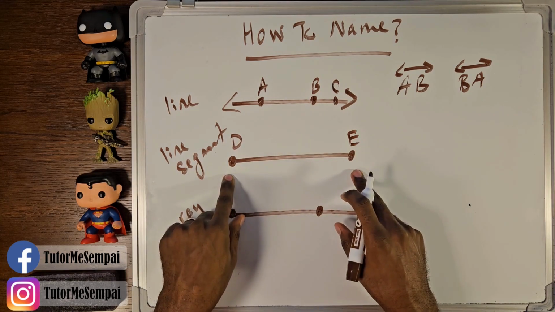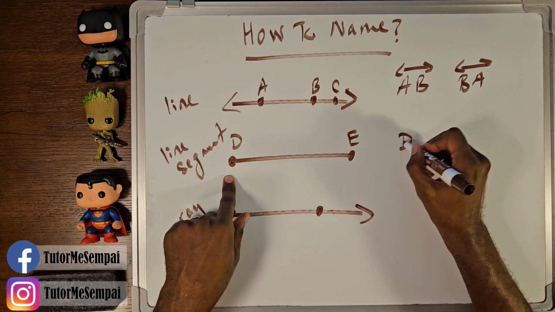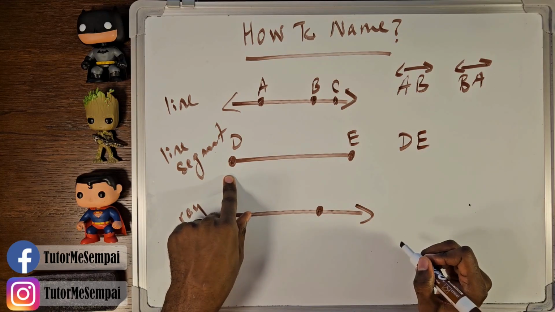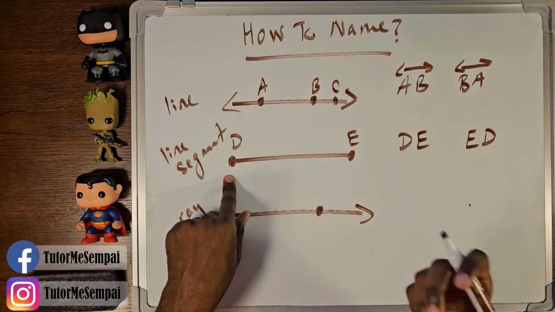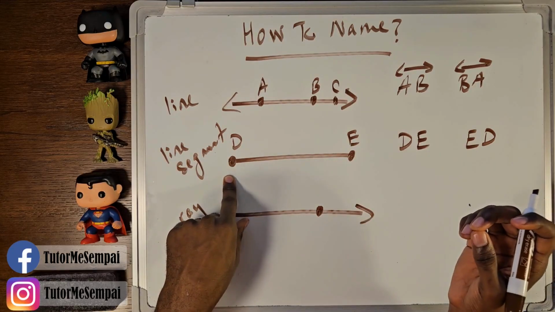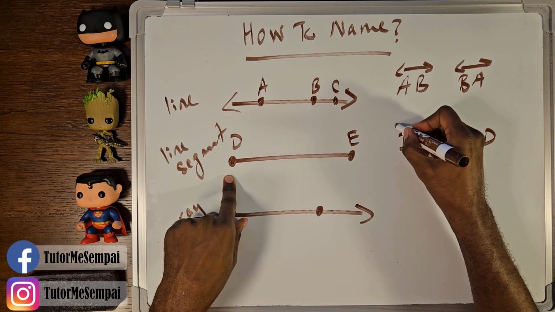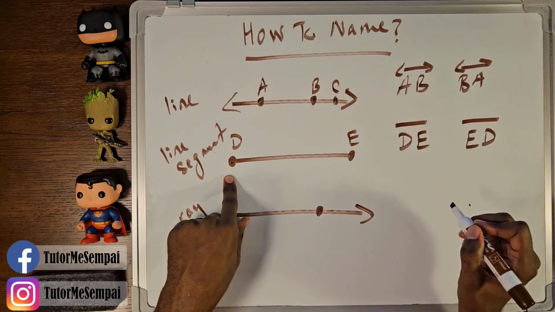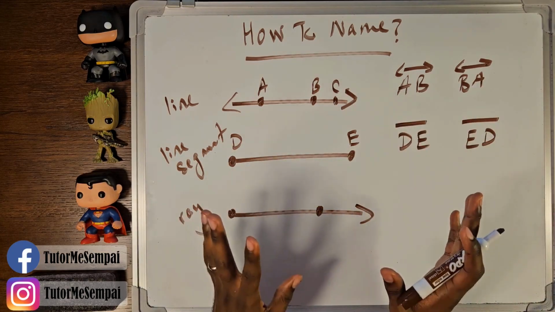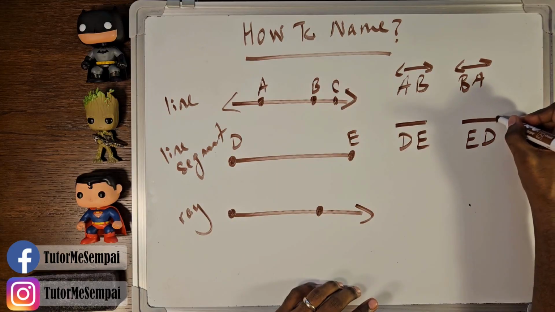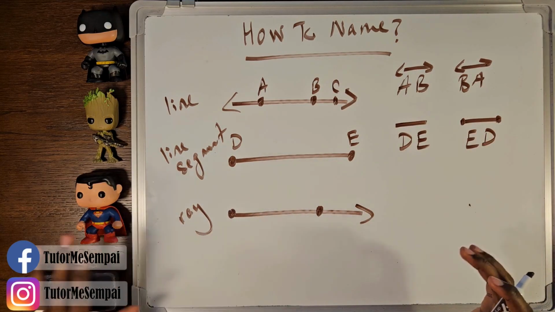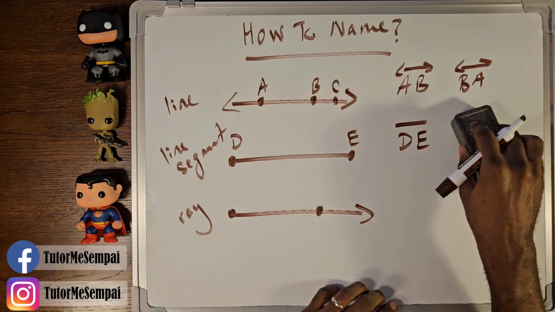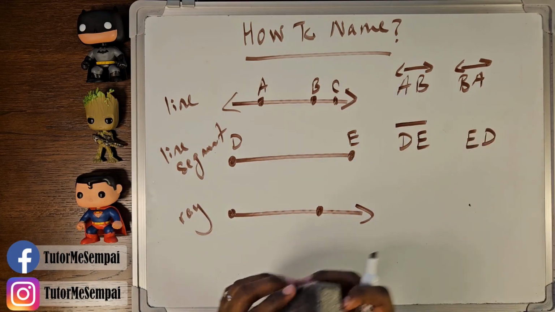So we have D and E. We're going to take our D and take our E. This also doesn't matter as far as the order goes for your line segment. And we're also going to put a straight line over it. However, you don't have to put the points there. That's not necessary. We can actually just leave this, because if you look at this straight line,